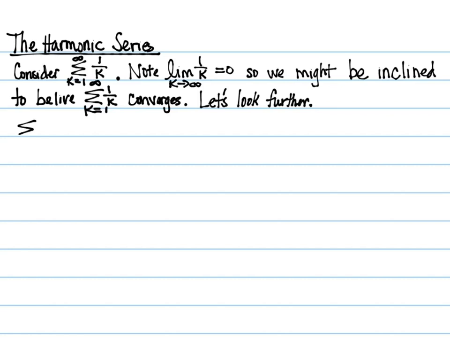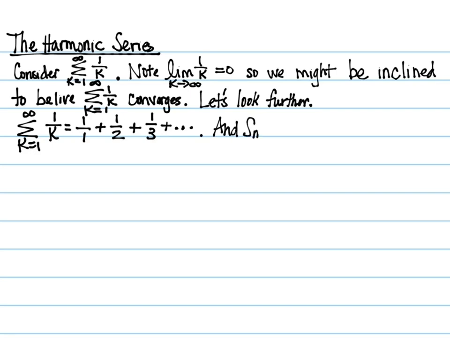So this summation from k equals 1 to infinity of 1 over k is 1 over 1 plus 1 over 2 plus 1 over 3 and so on, like this, right? And S sub n corresponds to the sum of the first